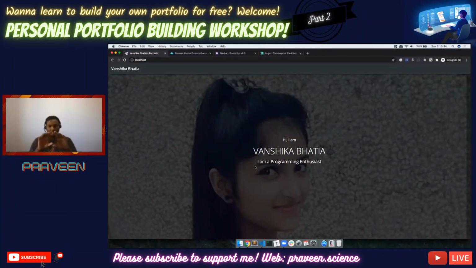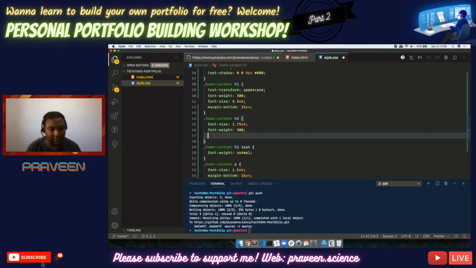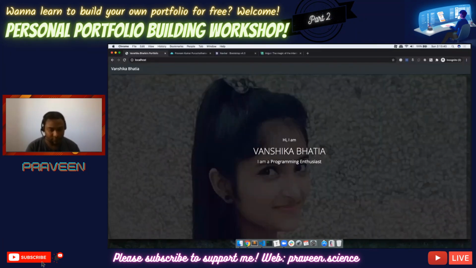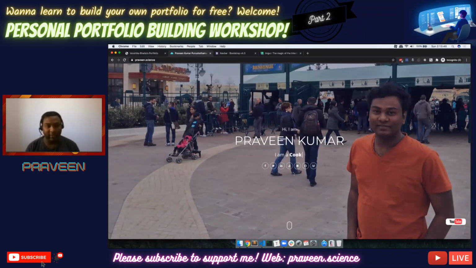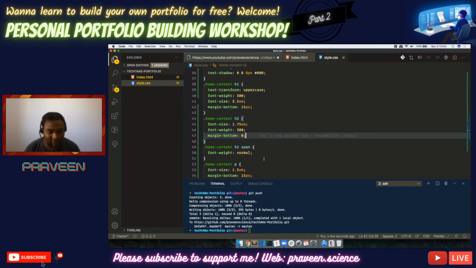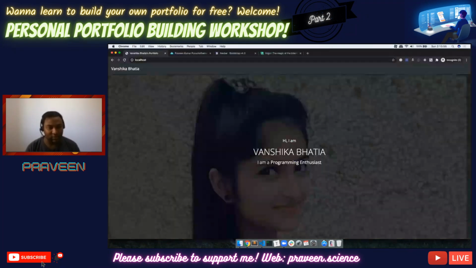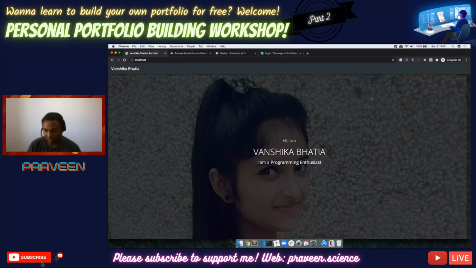Okay, now it looks perfectly centered. And also for the H2, let's get rid of the margin bottom. So this becomes perfectly centered, like dead center, right? So now we have created a cool introduction page. Any questions so far? Also we will do the font weight 300 for our paragraph tag so that it doesn't look so dark. There you go. So what do you think about this one?